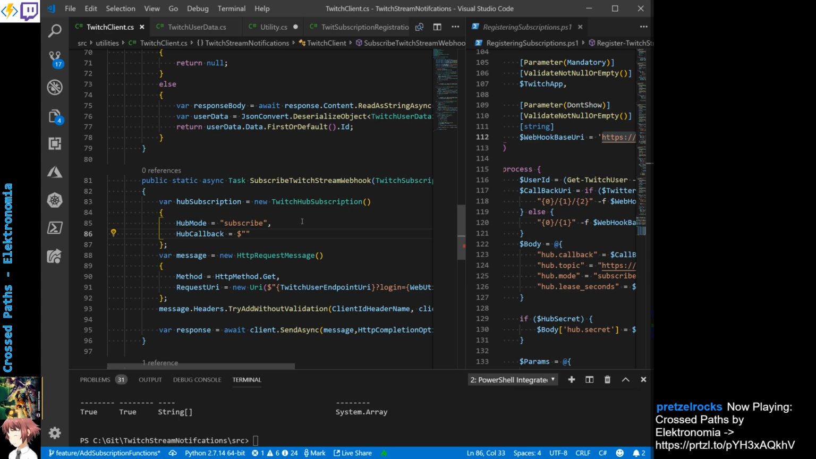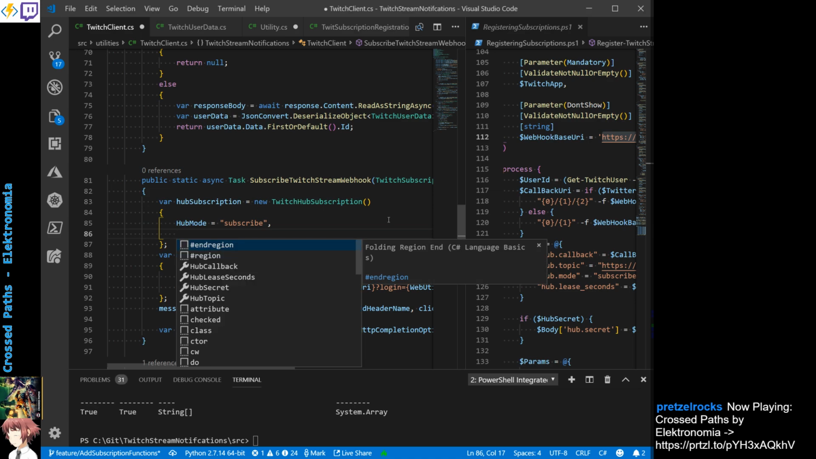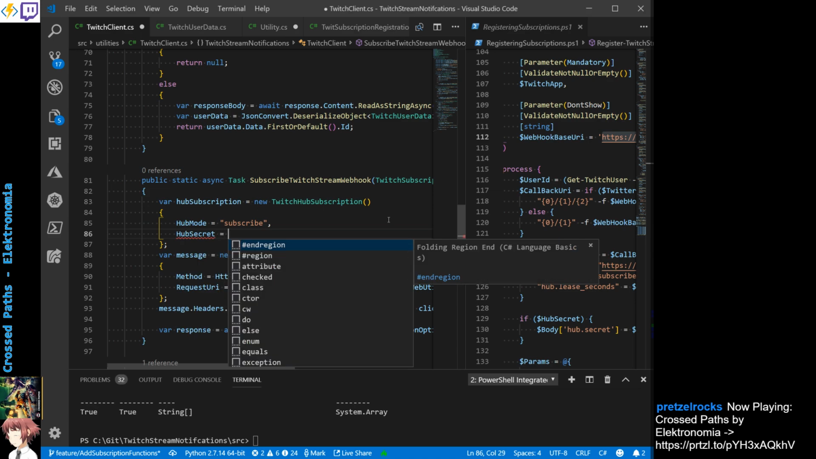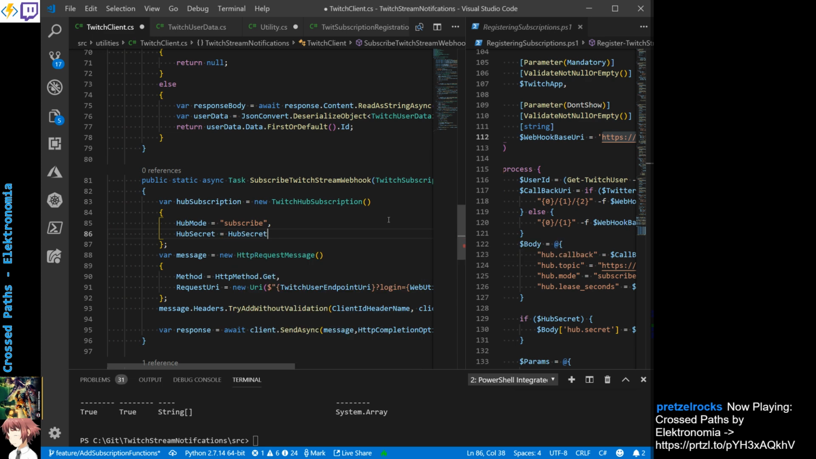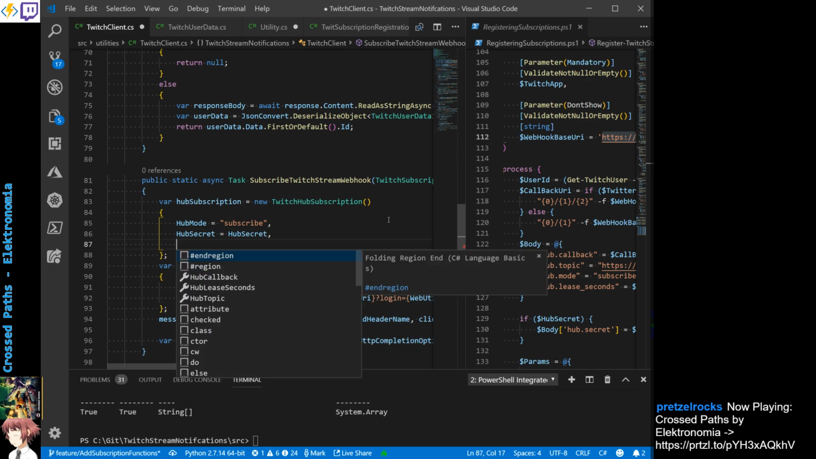The hub callback is going to be that, and then... Actually, it's not simple. Forgot that this one takes some logic. So what else do I have here? I have hub secret, which equals hub secret, hub topic, which will be